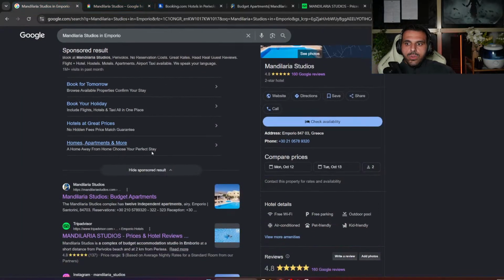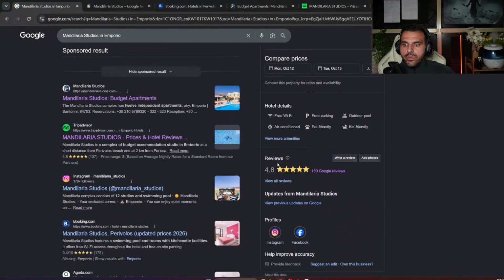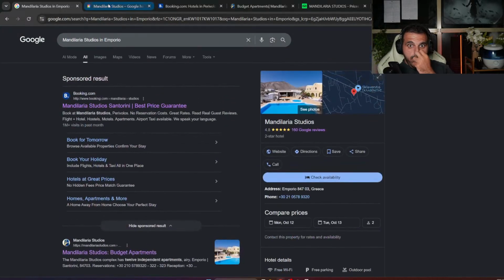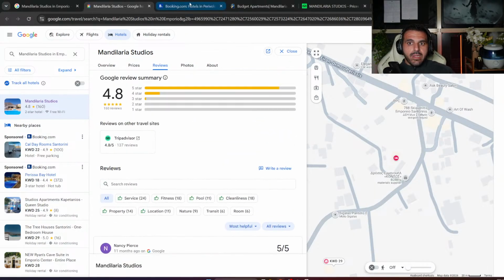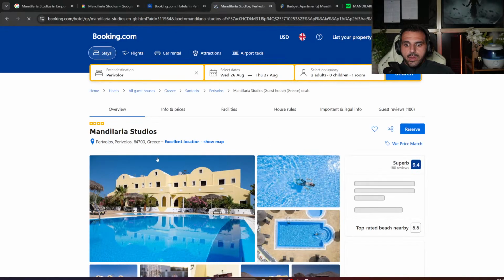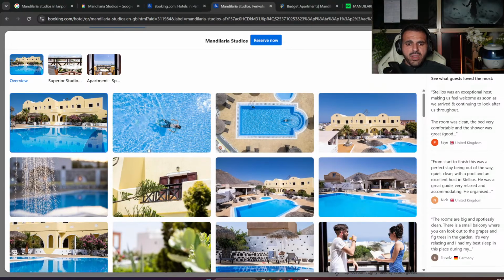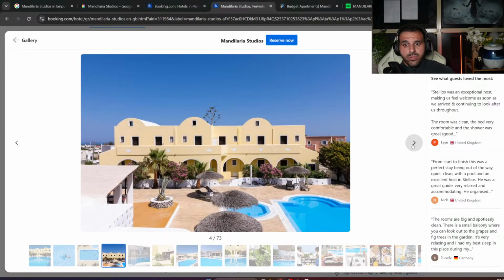Starting with Google, as I said, you can find that everything is well organized also for them. Prices usually show up over here, but I need to check first. We'll check the prices, no problem. The reviews are also over here, but I need to see the photos also. Let me check on Booking.com. It looks really amazing. Wow. They have a swimming pool. That's good. Most of the properties that we reviewed in Santorini also